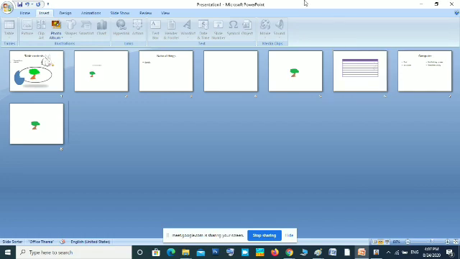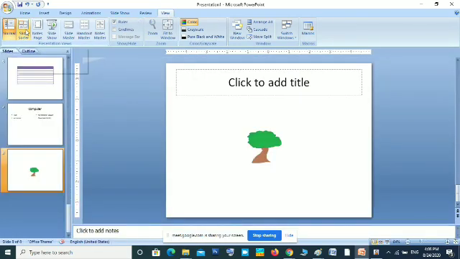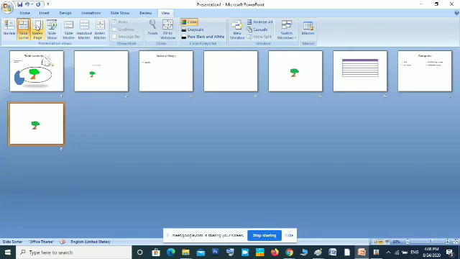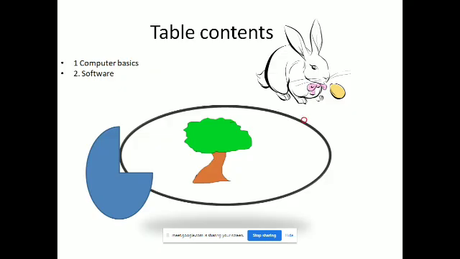These three views you can see in the view tab also. In the view tab, you can see the presentation views. Just click on the view tab. First one is normal view, second one is slide sorter view, third one is notes page. Notes page means notes we can insert while we are making a presentation. That will not be displayed before the spectators. So those notes you can see in the notes page. Slideshow is the original presentation.